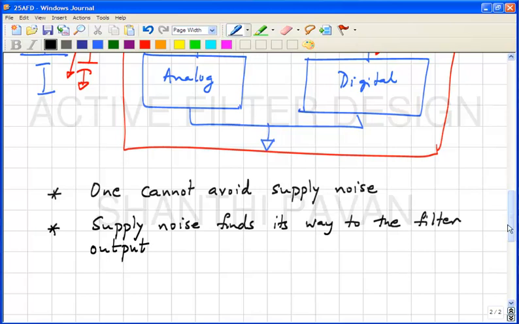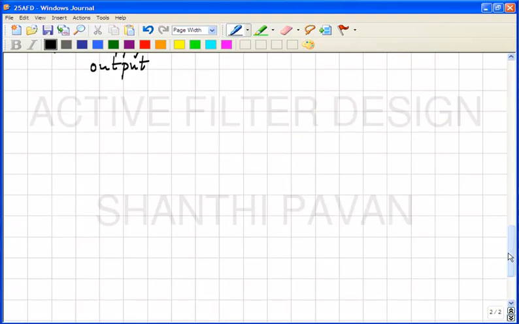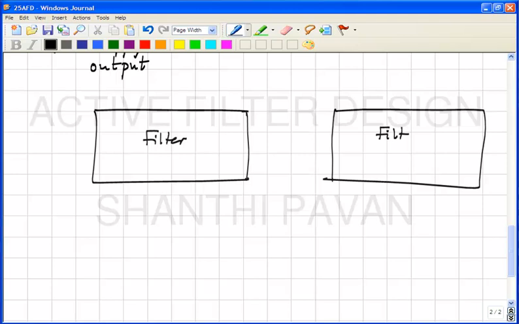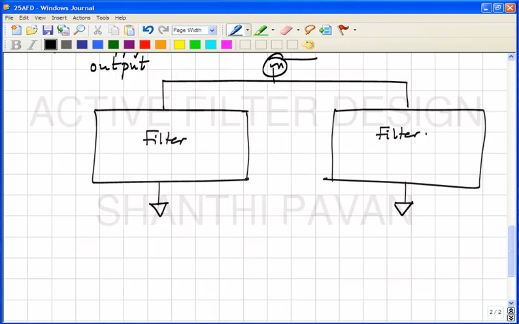So as you discovered in your assignment, what is the solution to the problem? One solution is to say, I will take a filter, I will make a copy and paste version of this, and the supply is common to both the filters, and if there is noise here on the supply, it does not bother me anymore, because